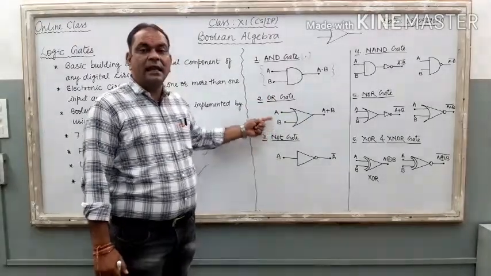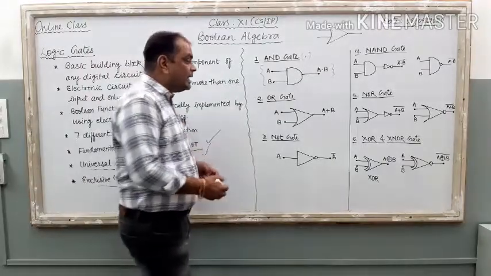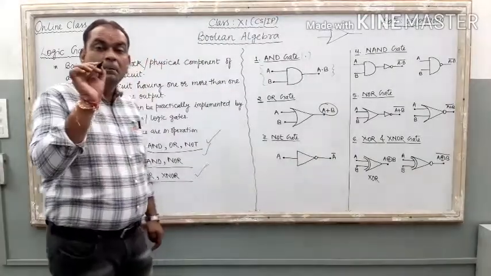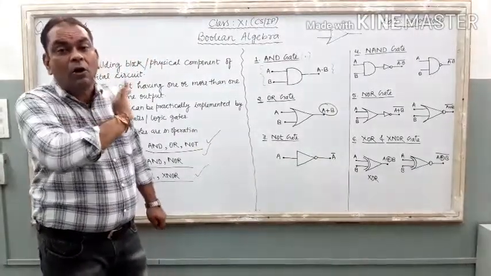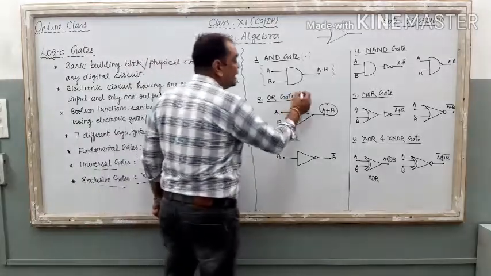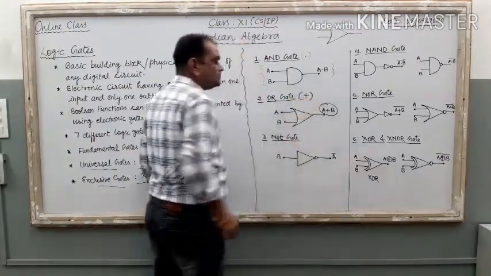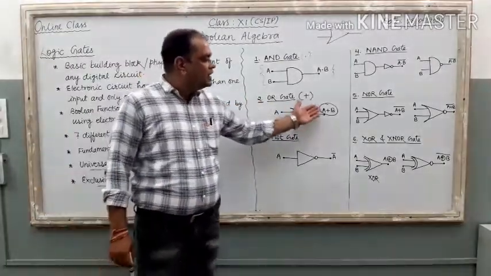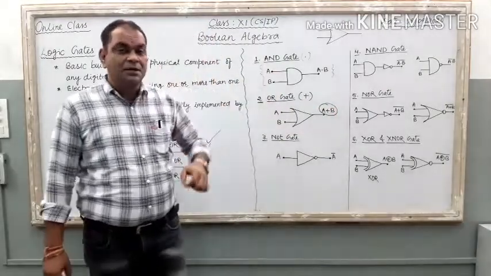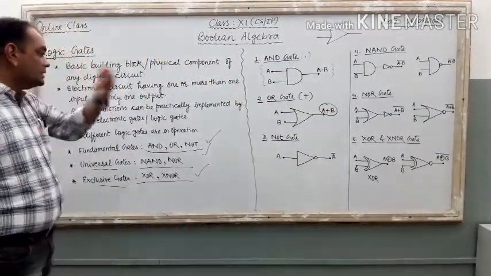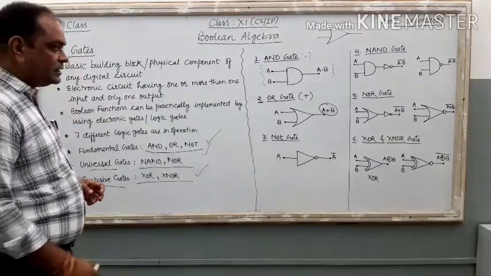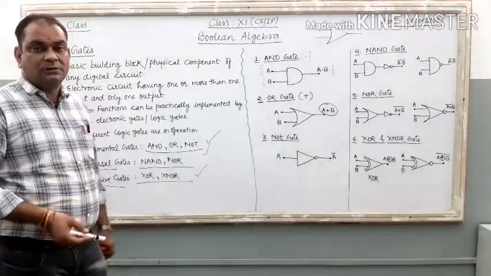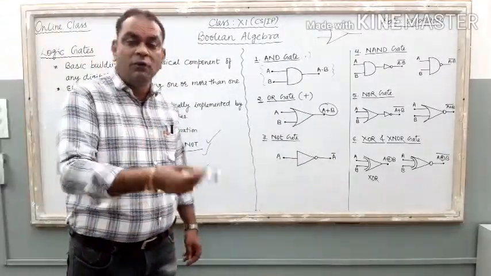Two input signals are there, A and B, and the output of this OR gate is obtained by putting the plus symbol in between all the inputs. OR gate works on binary addition. The symbol of addition is plus. So if two inputs are there, the result is A plus B. Both of these gates can take multiple inputs. Inputs can be 1 or 2 or 3 or 4.